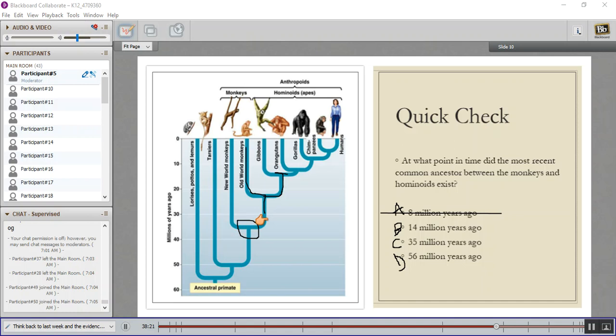Logan also explained that the divide can occur kind of up here, right, where we have a monkey and a hominoid, but this common ancestor belongs to hominoids if you follow that line directly up. So we're looking for where that line divides, which is about right here. So yes, the correct answer is C, 35 million